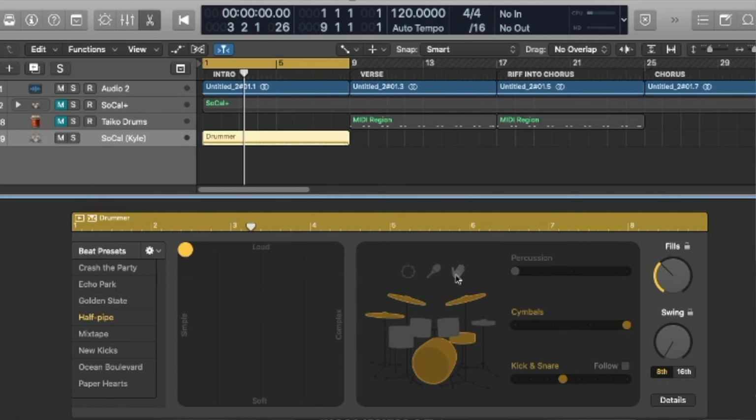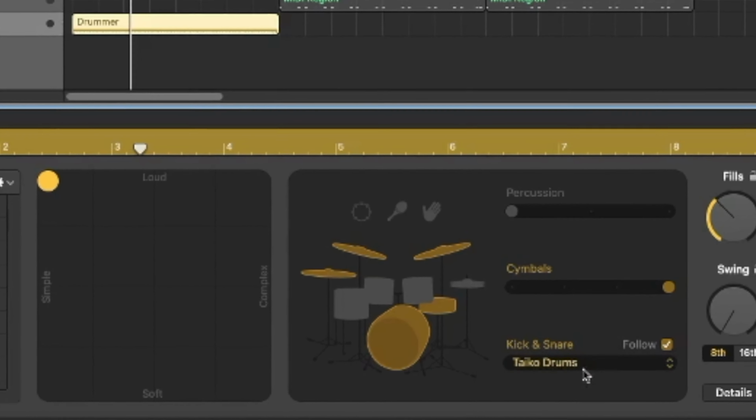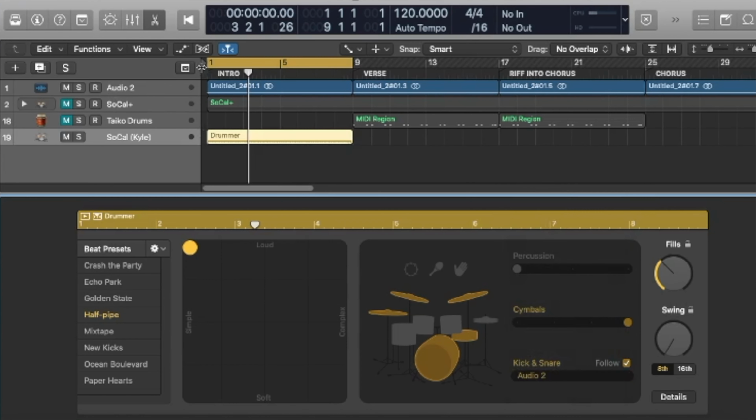Something that I tried to use earlier, I don't know what's better really, is you can do the follow, and that will follow the audio. So for example, my guitar track is audio 2 at the moment, I haven't named it. So if I go on to follow audio 2, and let's just go back onto this. So as you can see, it's really simple, and then even though I'm happy with what it sounds like,